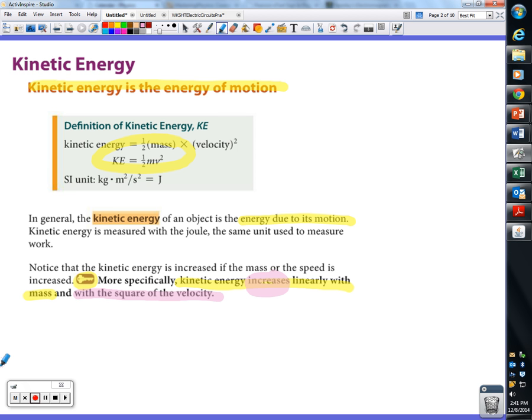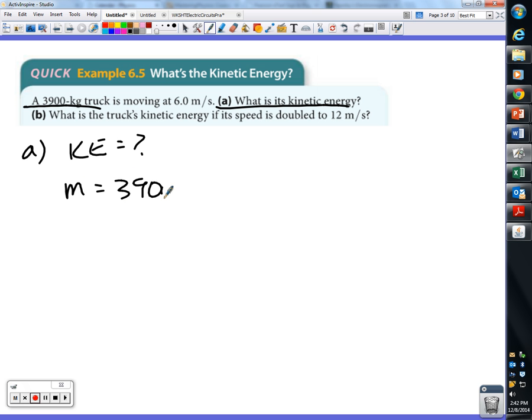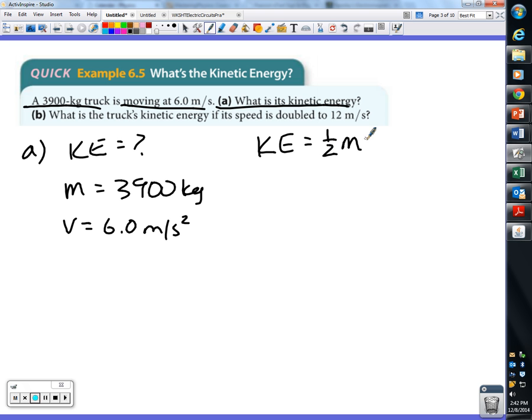All right. So down at the bottom of the front page, we have a quick example 6.5. I will spare you from having to go through this step by step with me. I'll just write it up on the board. So for part A, what is the kinetic energy? That's our unknown. The mass of this object, 3,900 kilograms, moving at 6 meters per second. That's the velocity. We just learned that the formula to determine the kinetic energy of an object, 1/2 mv squared,